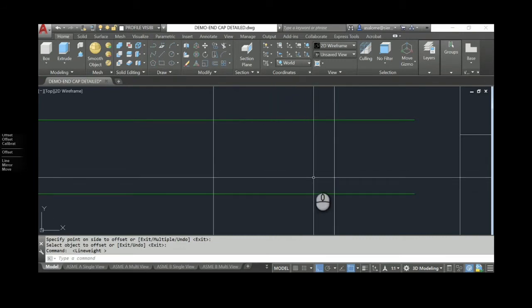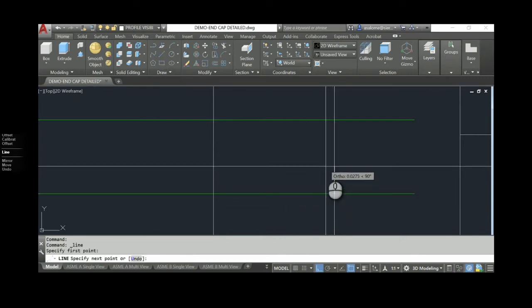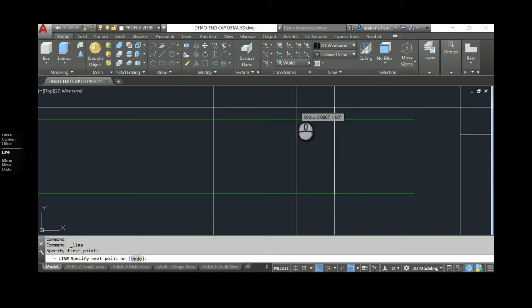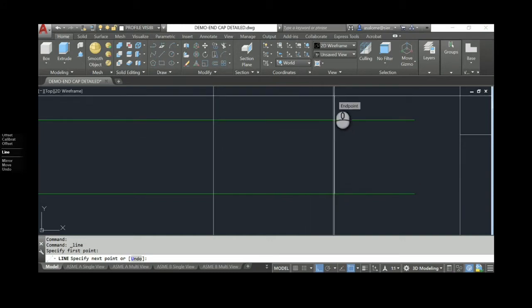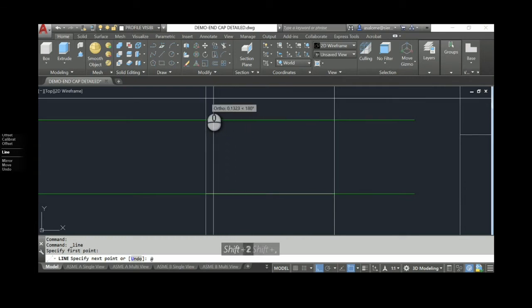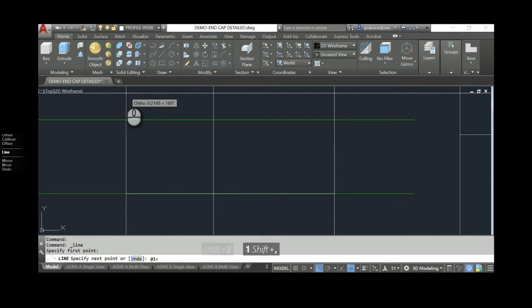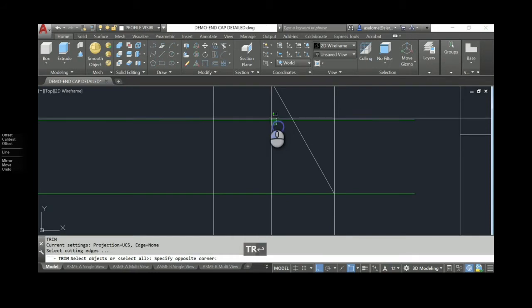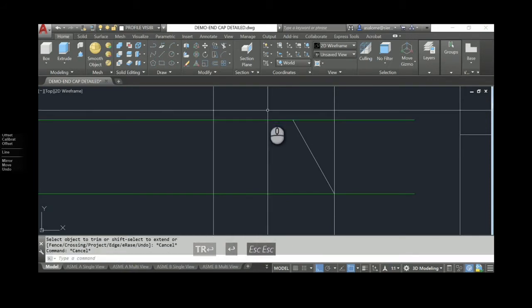We're going to draw 4 lines. We're going to start with a line that comes from here. Now, if my total angle on my thread is 60, then my angle from this edge to the first line is going to be 30. But this direction is 90, and so it's going to be 90 plus 30. So I'm going to go at, who cares how long, direction 90 plus 30, which is 120. And that's going to be my first line segment. I'm going to trim that line back to my rectangle so that that's all I have.